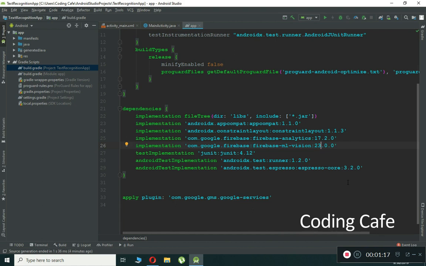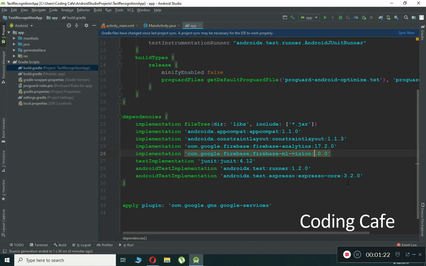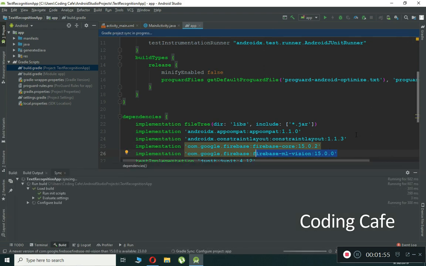Okay, so to use it for free, I suggest that you please downgrade this to 16, or the one which will work accurately is 15.0.0, Firebase ML Vision, and we can use Firebase core alongside it, and the version for this will be 15.0.2. So make sure to do these changes. Okay, for the ML Vision we have 15.0.0, and for the Firebase core 15.0.2, and then sync now,